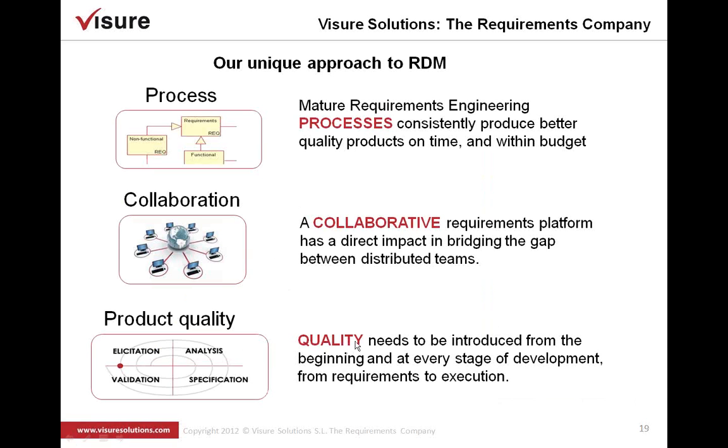So we believe our approach to a requirement solution is pretty unique. We're really focused on process. Mature requirements engineering processes consistently produce better quality products on time and within budget. We know that's true. There's lots and lots of information out there today that confirms that statement. And our goal is to help you not only with a tool, but with your process as well. Everybody might have a little different twist on a process, maybe different kinds of information that are critical to your project. And so we want to look at your process first